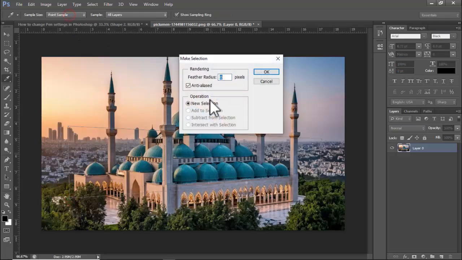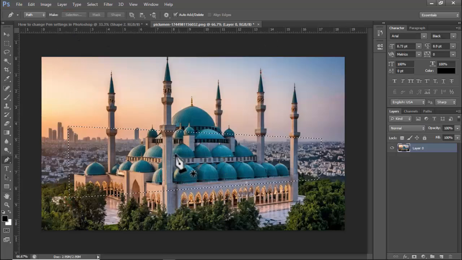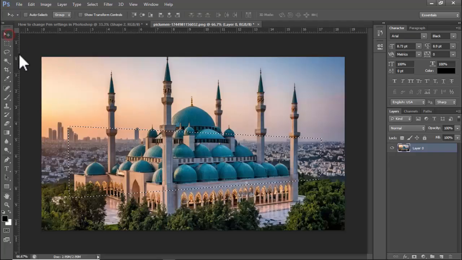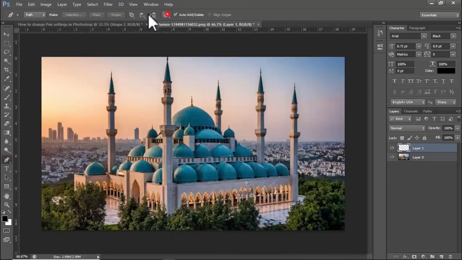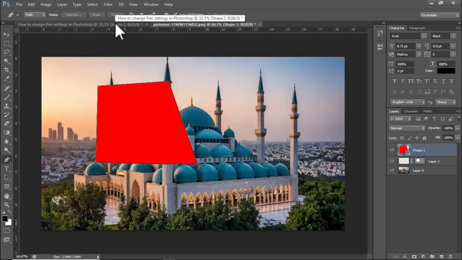Use the selection. Okay, again create a new layer, press Ctrl D, mask, shape,